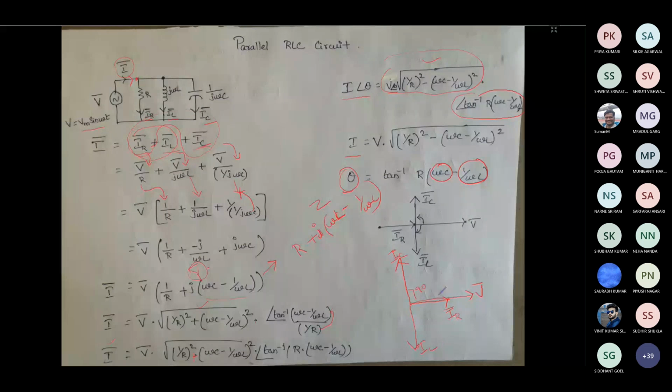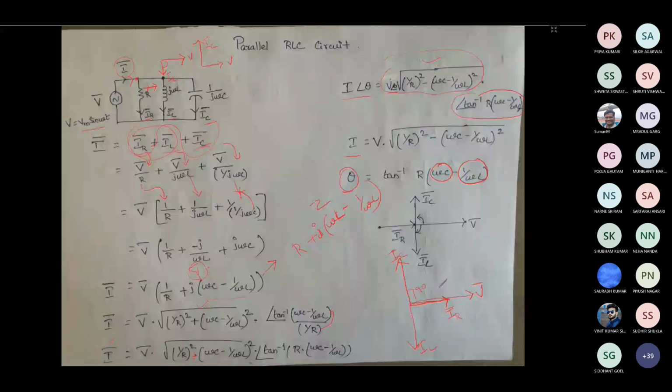So how we got this is, if you see the individual elements, the voltage across the resistor and the current through the resistor will be in phase. For the inductor, the voltage is here and the current will be lagging the voltage by 90 degree. For the capacitor, your voltage is the reference and the current through the capacitor is leading the voltage by 90 degree. So if you club all these three, we will be getting the phasor diagram. So we have got this phasor diagram.